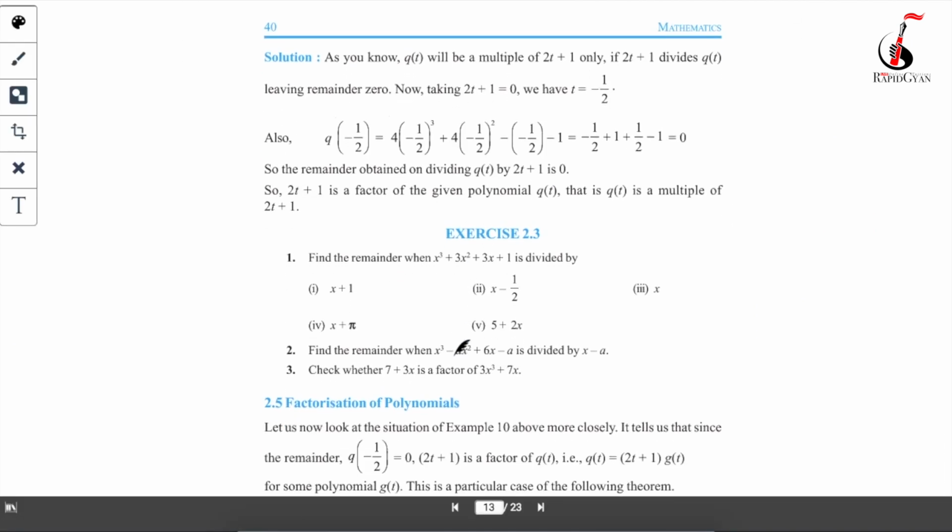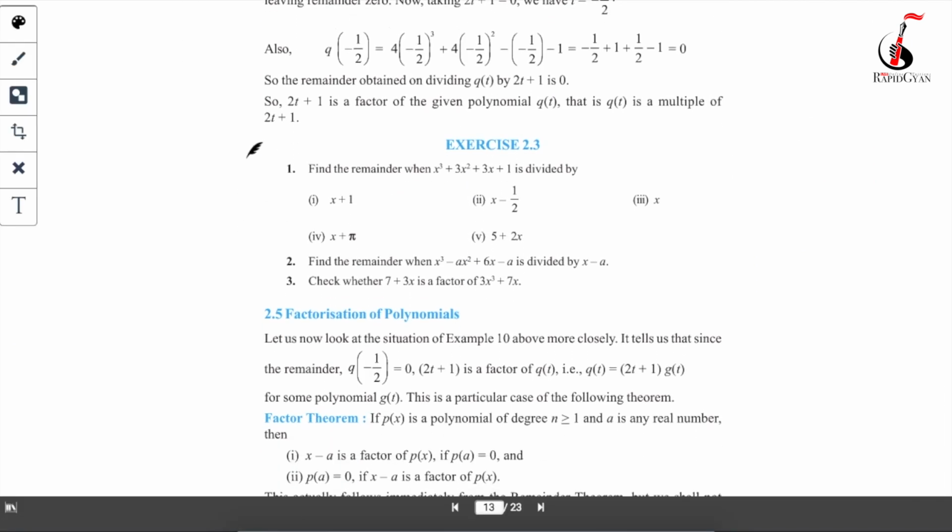Okay guys, that's it from this video. In the next video I will be explaining exercise 2.3. Meanwhile, guys, please go and solve this exercise by yourself, and also try solving questions from R.S. Agrawal or R.T. Sharma. If you are having any doubts, feel free to ask in the comment section, or you can also send me an email to